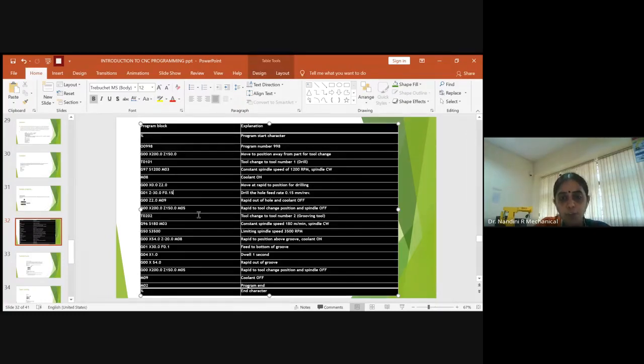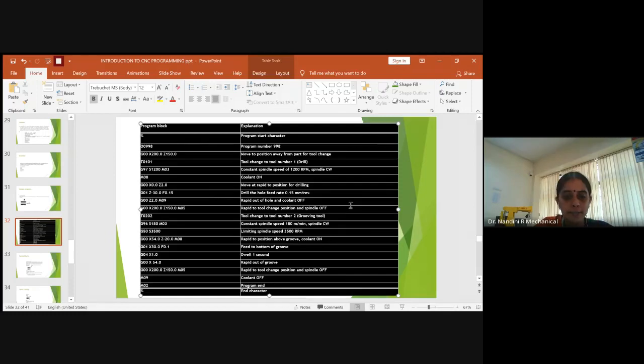Along with that, you should also turn off the coolant. Why? Because now the operation is not happening. So you will write M09. As a result, the coolant gets off. You're writing Z2, that shows that the tool is moving. Z minus 30 means the tool is within the material to make the drill. But now Z2 means it is away from the reference point where the workpiece is. So due to rapid traverse, the tool is away and no operation is taking place, and hence the coolant has to be turned off.